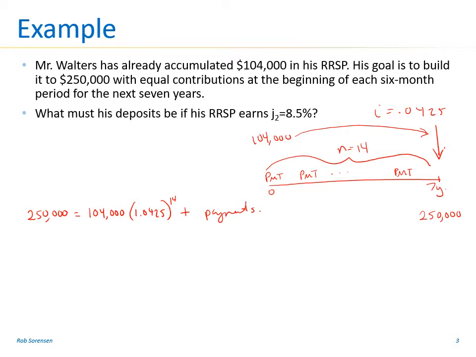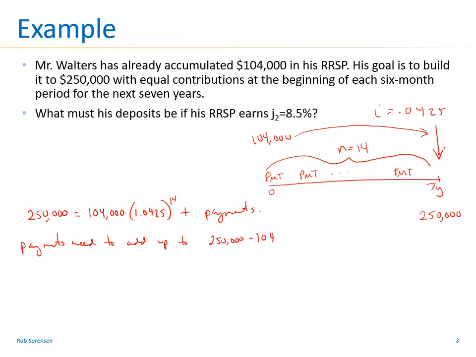So our goal then for the payments is the 250 minus the 104 with interest,